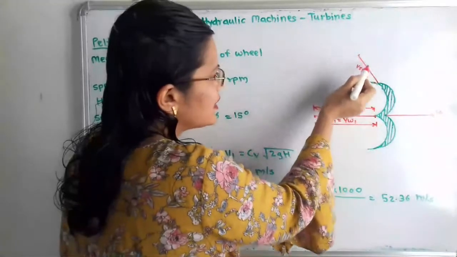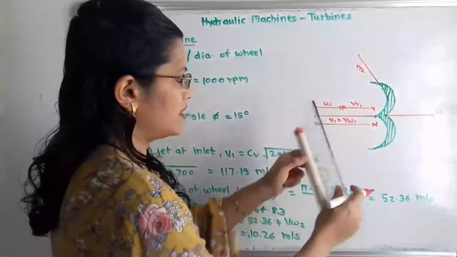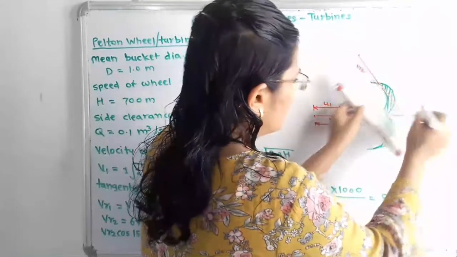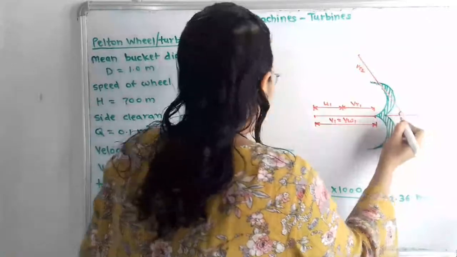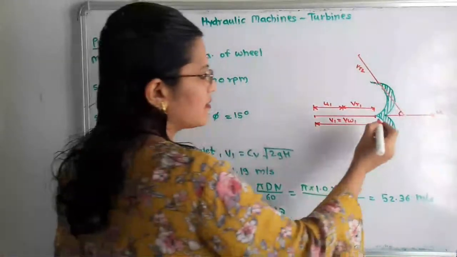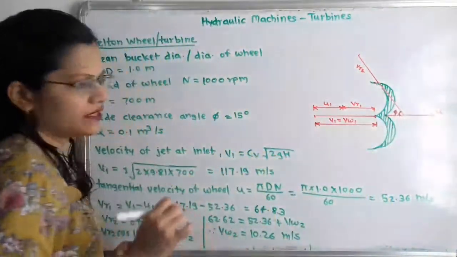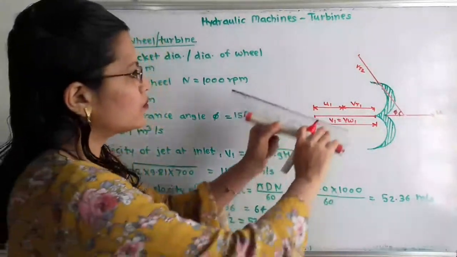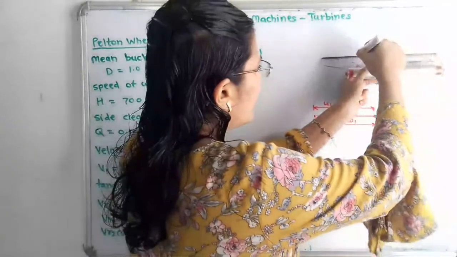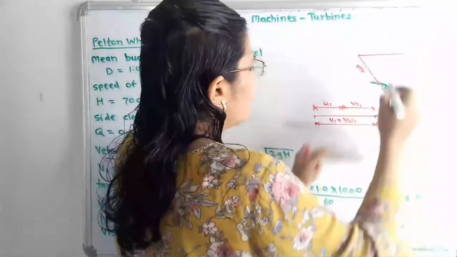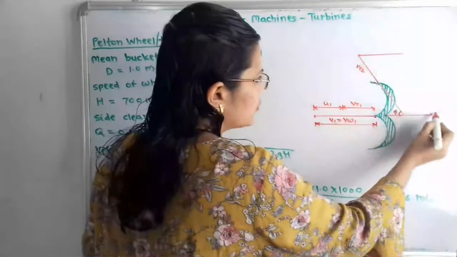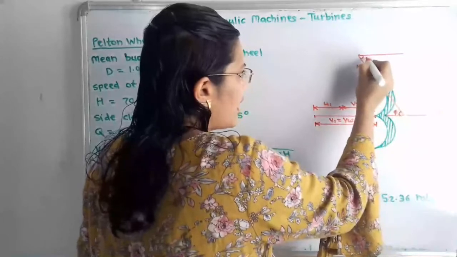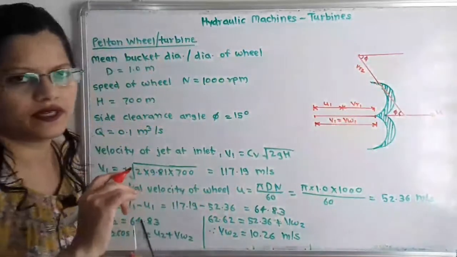Now I have to extend this inclined line in the backward direction. So in this straight way we have to extend here. Now here is the angle, and this angle is known as side clearance angle, that is phi, and which is equal to 15 degree. Now here is the location of u2 and vw2, that is also the horizontal line that I have to show. Now if we observe here, this is also horizontal line, here is also horizontal line, and this is the common line. So here is also angle phi, and that is equal to 15 degree.